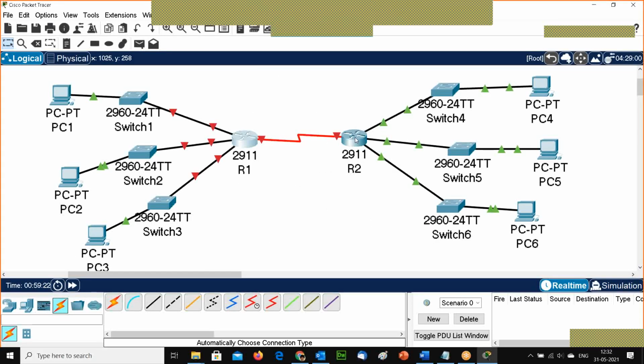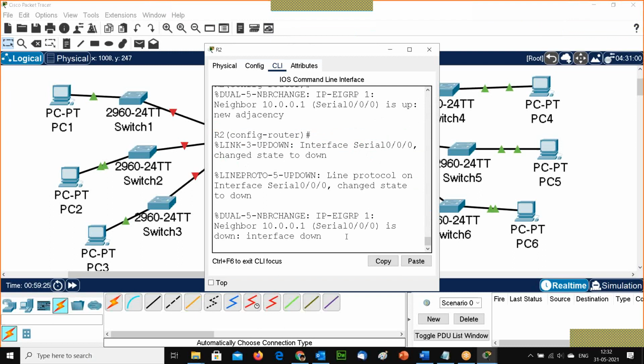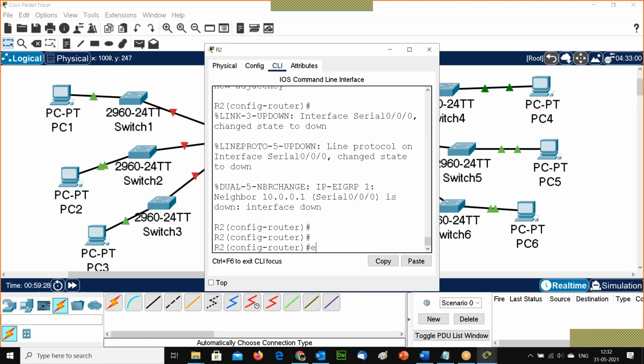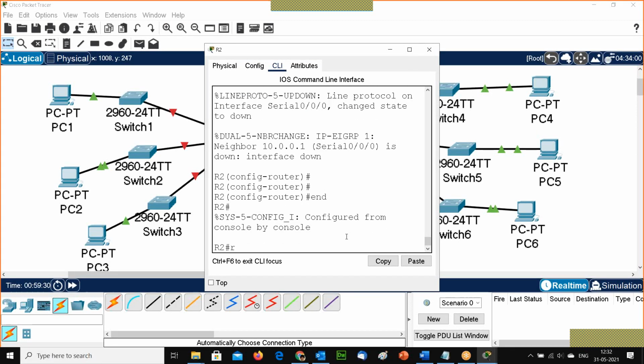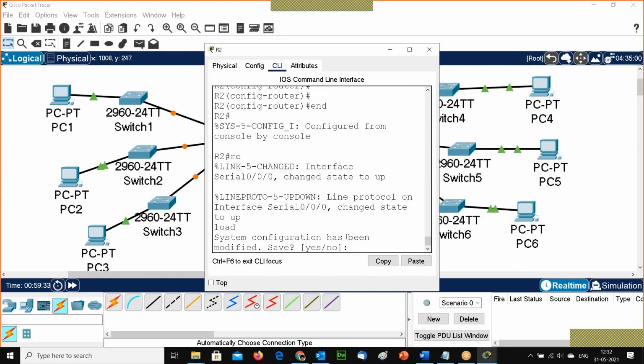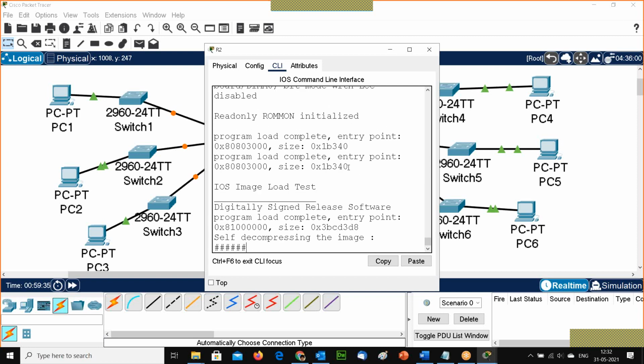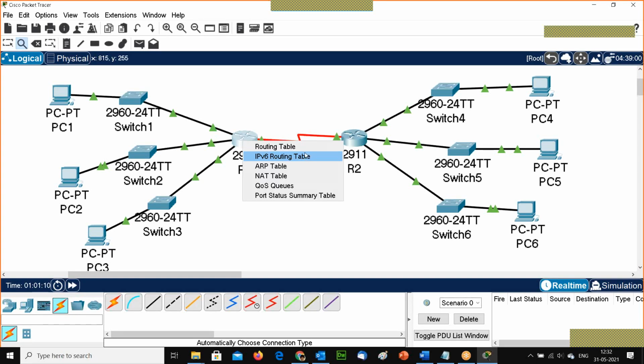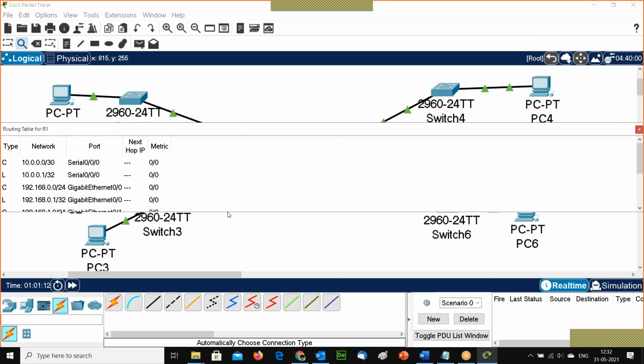And here also, go and reload the router. Go and check the routing table. No routing is configured yet.